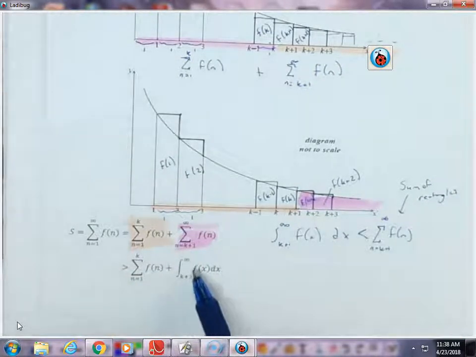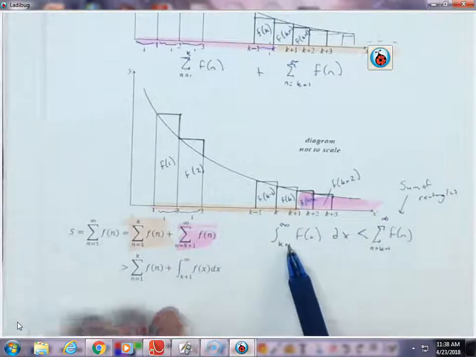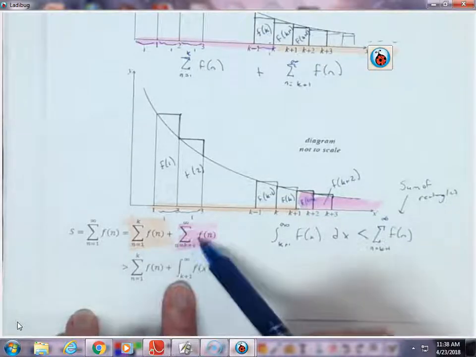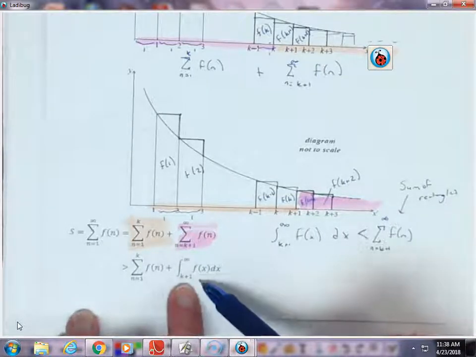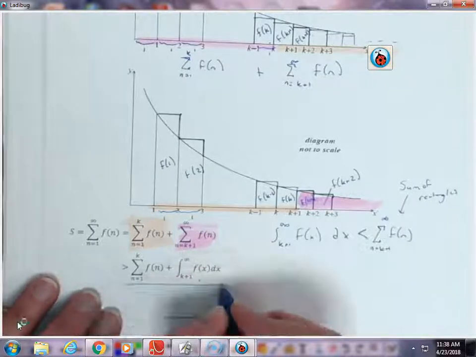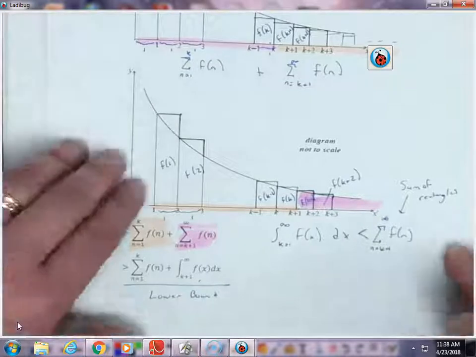Okay, and so in this case here again, we're seeing that the integral is smaller. So you see we've got the integral that we've replaced it with is smaller than the rectangles, or the rectangles are larger than the integral that you have here. So what that does is that creates for us a lower bound. So when you put this all together,